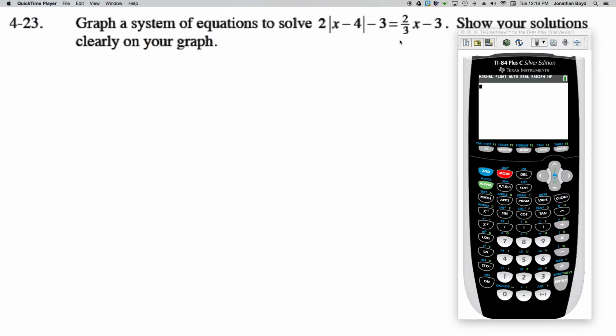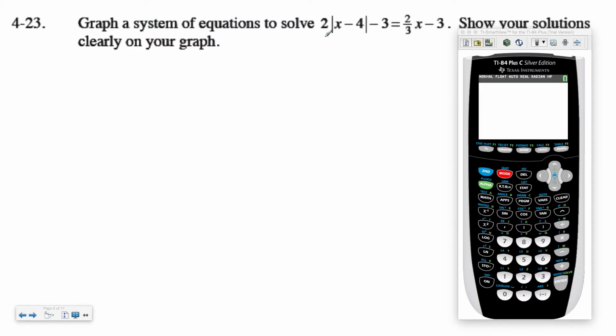Let's use one of the methods that we practiced on the last problem there to get our answers. I'm going to take this equation and break it into two functions. I'm going to take my left side, make it a function, and take my right side and make it a function. Then I'm going to graph each of them on the calculator, and then we'll look at their intersection points. So the first one here, I've got y equals, and we're going to say 2 times the